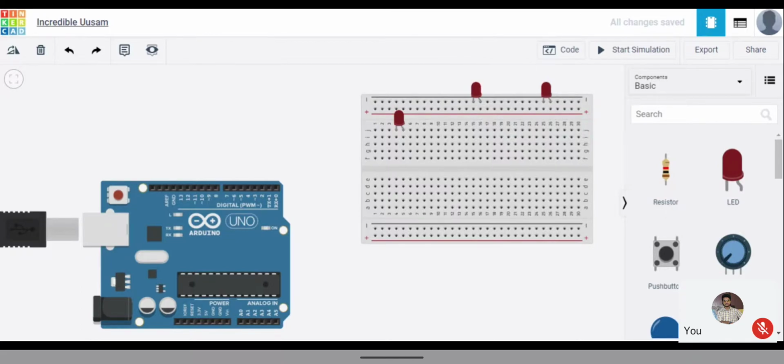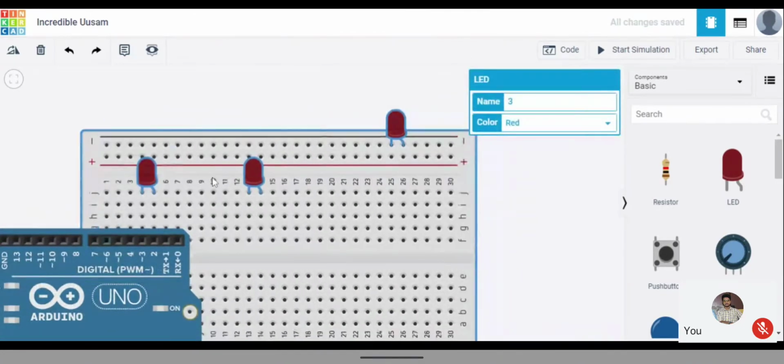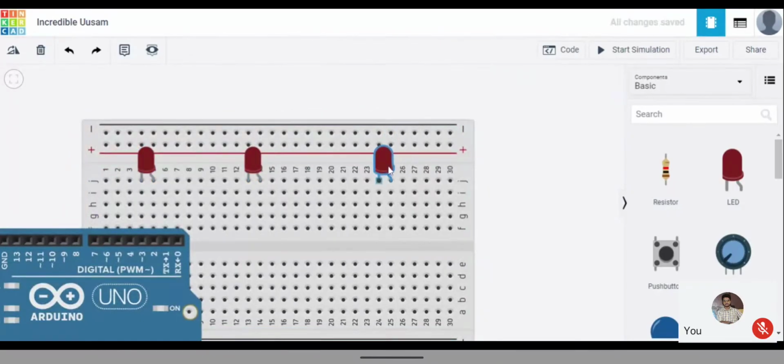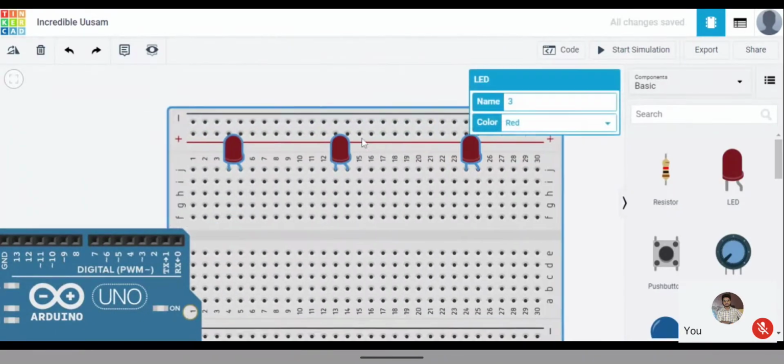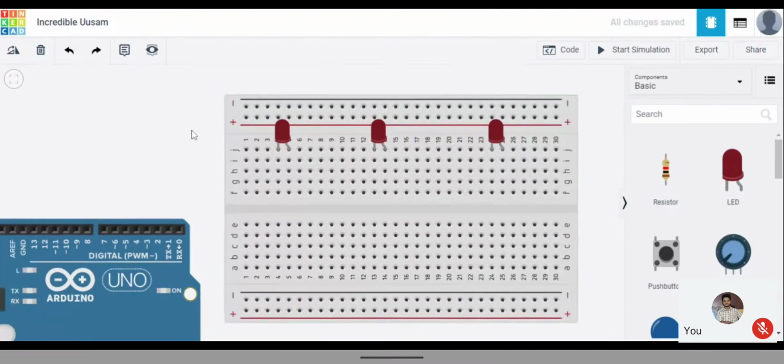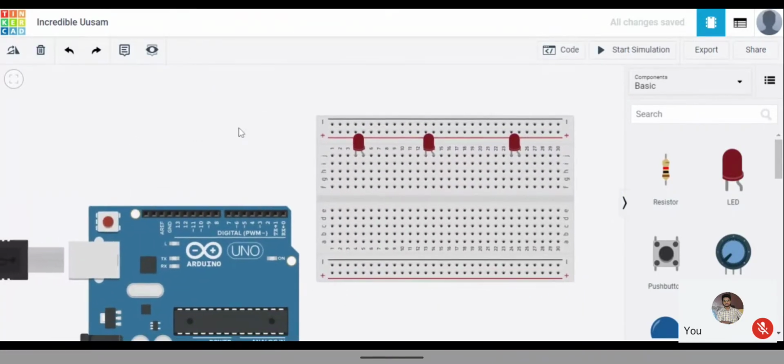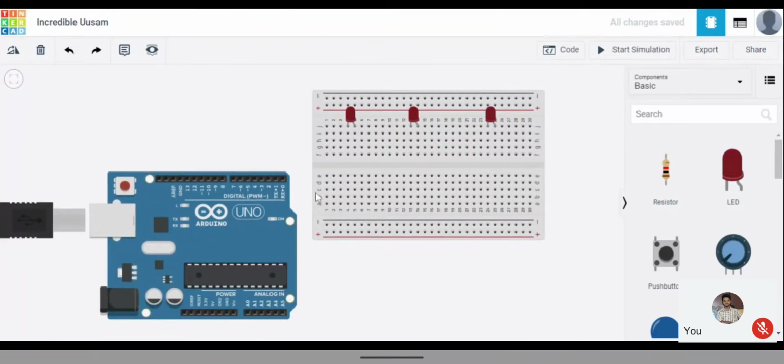The angle of the bulb should be changed. Now should I change the angle of the bulbs also? Yes, sir. Why do I have to change my angle?